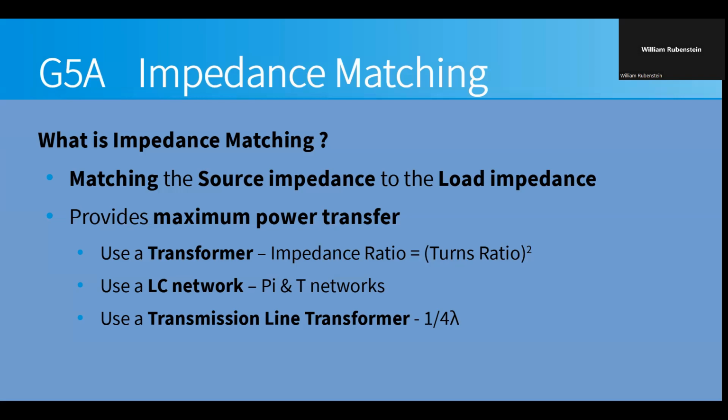Or it could be a T, where you'd have inductor, capacitor, capacitor, inductor. I don't know. One or the other. Bottom line is transformers, LC networks, or a transmission line transformer, which would typically be a quarter wavelength